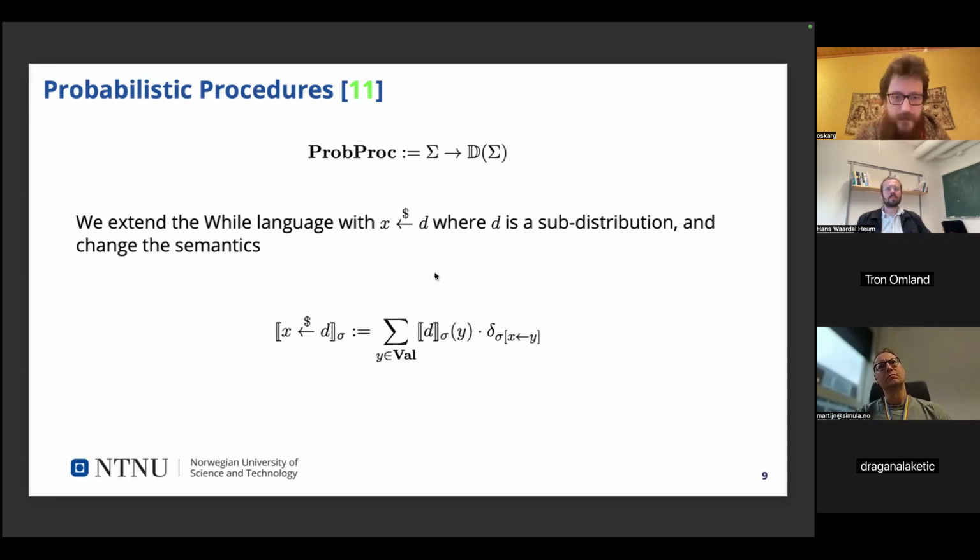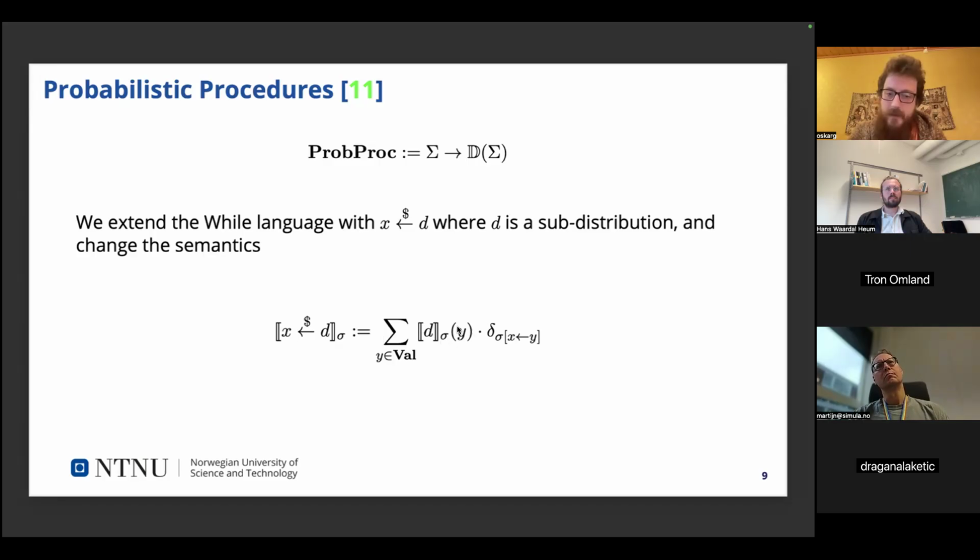So when we sample, we take the distribution and evaluate it in the memory sigma, because the distribution is taken to be just an expression, which might include some program variables and so on. So you need to evaluate it in the current state.